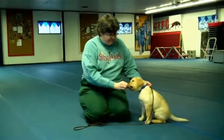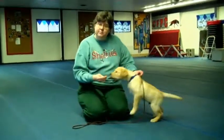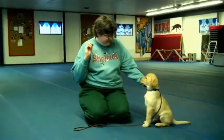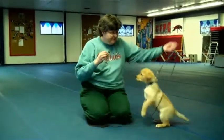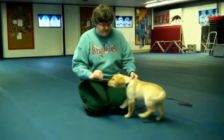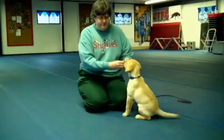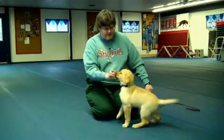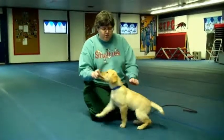Okay, so this is Skippy. He is 10 weeks old, a little yellow Labrador Retriever puppy. Belongs to one of my students. Darlene has gotten him started on some stuff, so this won't be the first time he's ever done any of it. But just to show you what some of the basic beginning skills we work on are,